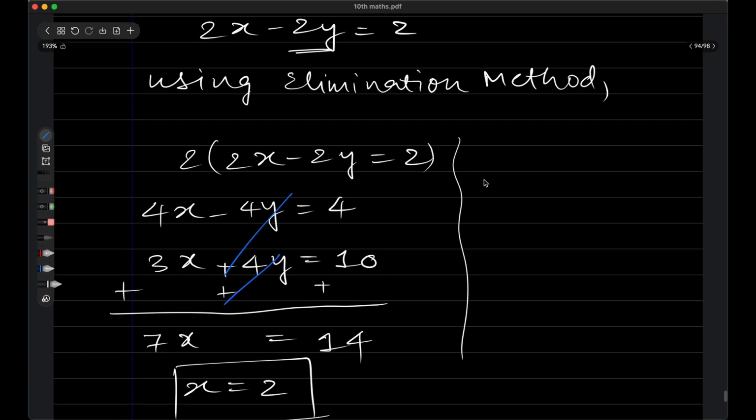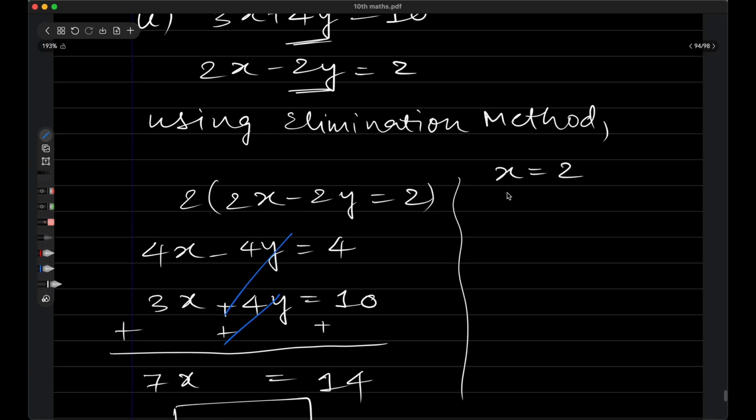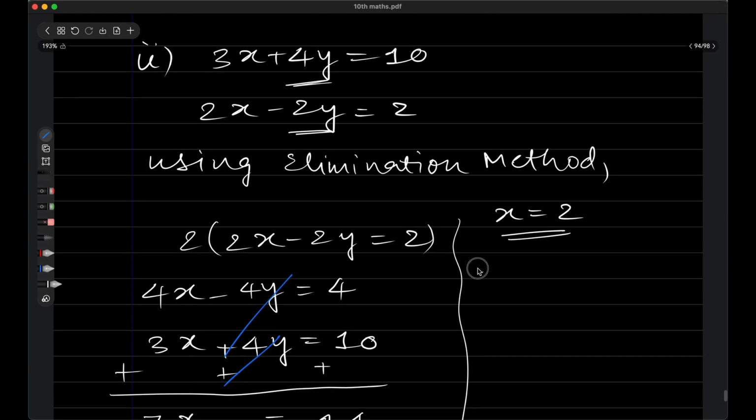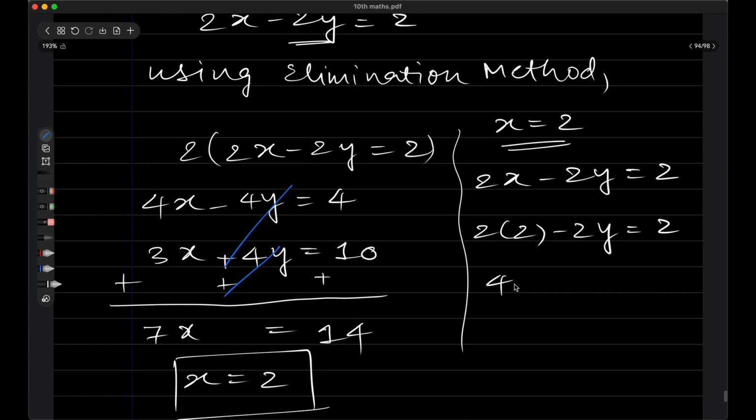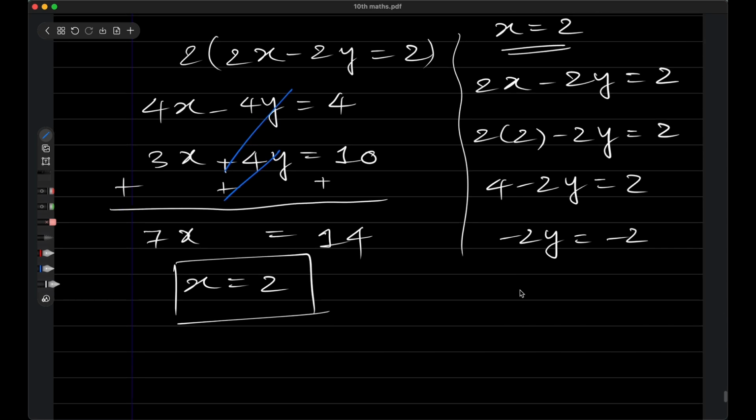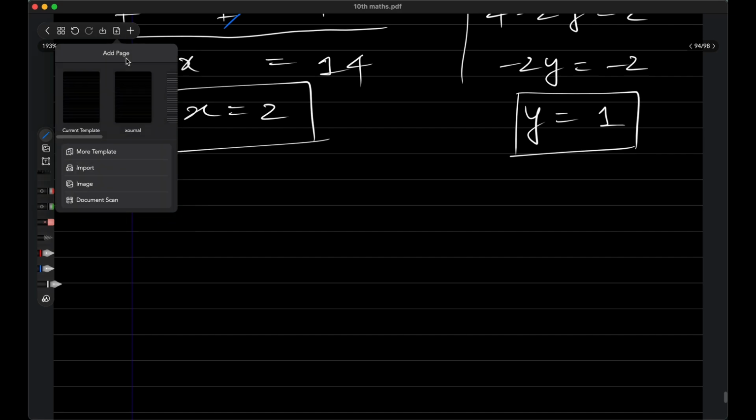Now put the value of x in the other equation. 2x minus 2y equals 2. We have x equals 2. We will get y equals minus 2 divided by minus 2. Minus minus plus, 2 divided by 2 is 1. Now using the substitution method,